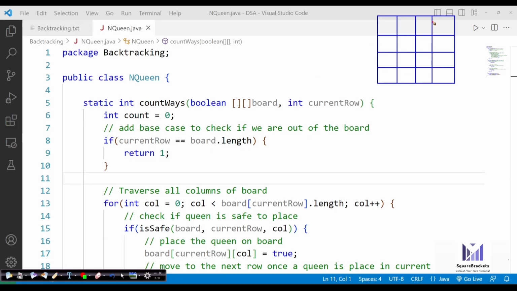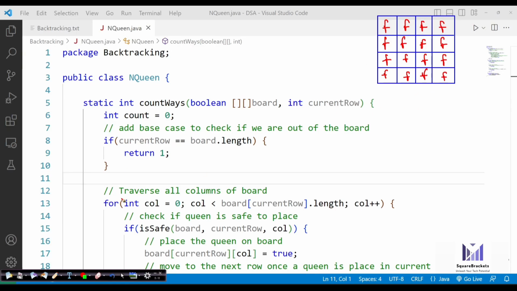In all the boxes we already have false, because when you create a Boolean type array, it simply writes false everywhere. This is how your array is right now. It's not mandatory to write false everywhere, but this is just to help you understand.